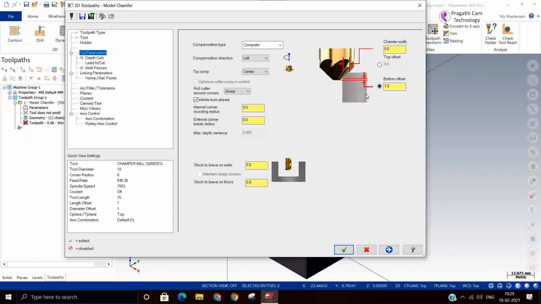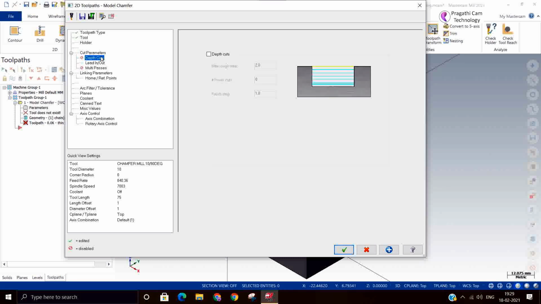Bottom shift is 1 mm. Chamfer width, I have given 0.5 now. All other things are normal. Depth of cut it will not allow, because you have given the chamfer width here.